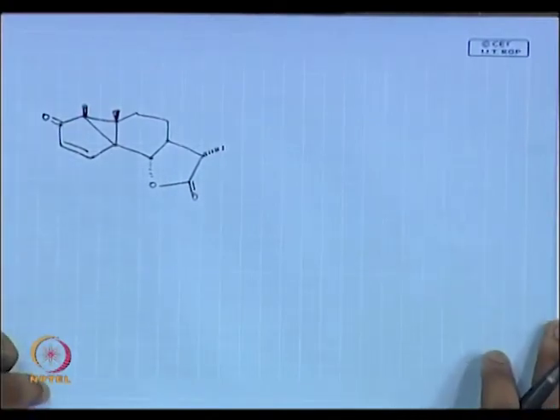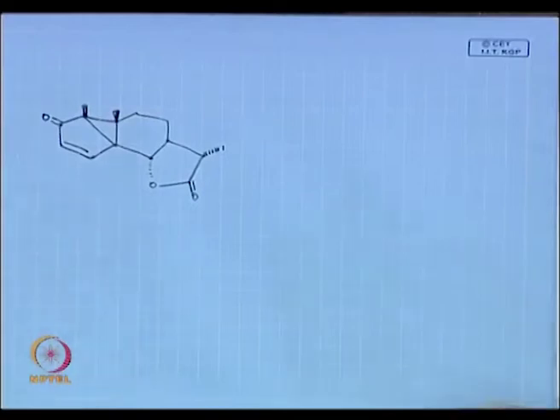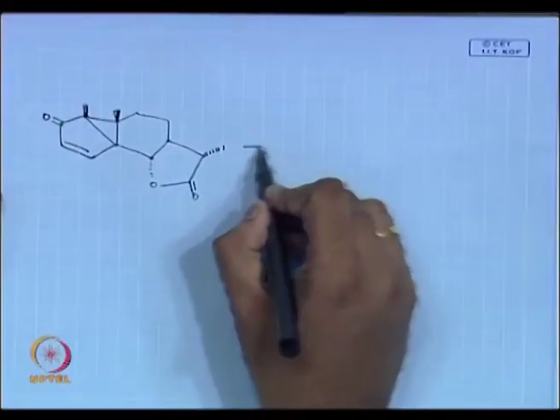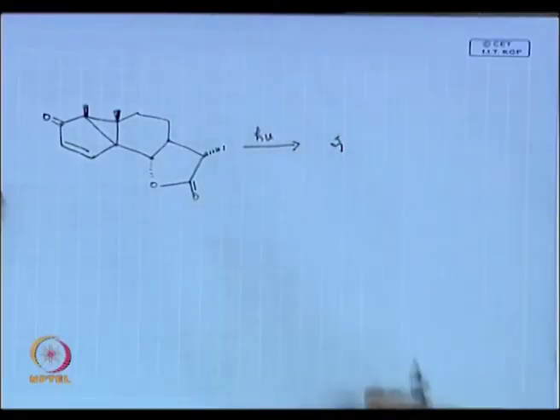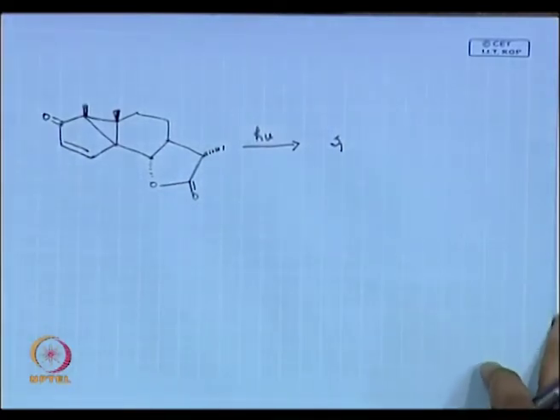I have asked you to shine light. Think about all the chemistry whatever you learned, alpha, beta, 1,5, 1,4, 1,3 diradicals, and say which will be the major product. Once I shine light, I get to my S1. Now, say whether it will undergo an intersystem crossing to give me T1, or it reacts directly from S1. How does the system look?